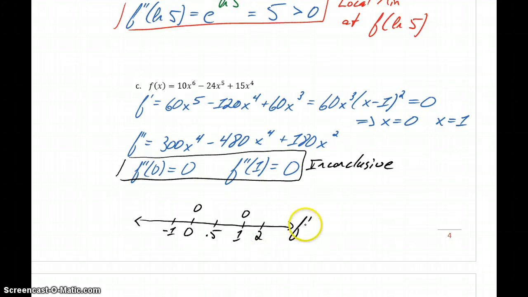So if we go and evaluate the first derivative at -1, that result would end up being negative. If we evaluate it at 0.5 or any value between 0 and 1, the first derivative is going to be positive, and for any values greater than 1, the first derivative is going to be positive. So again, we're just taking those test points, plugging them into the first derivative to see what result we get. And then we just need to interpret those results. So at f of 0, our function changes from decreasing to increasing. So f of 0 is a local minimum,